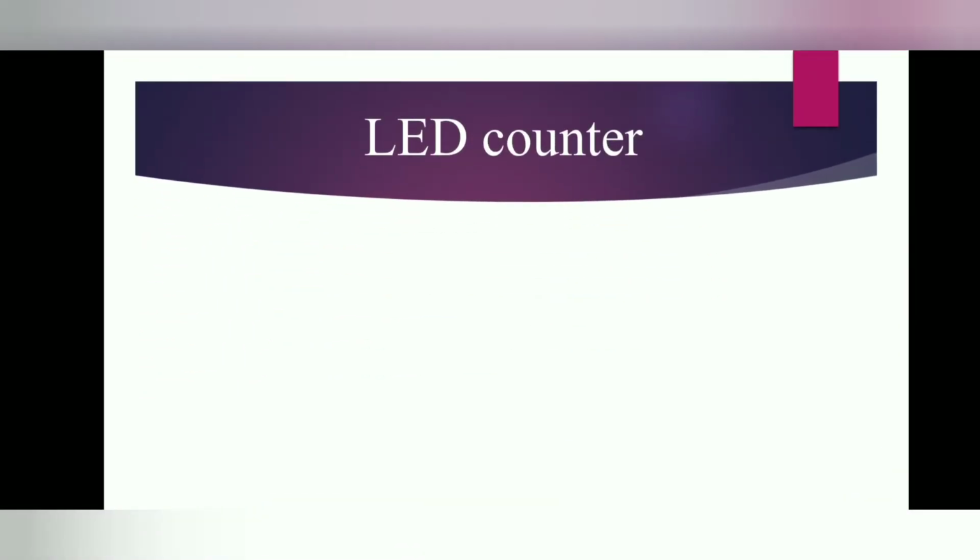In this example, we are going to cover the LED counter with and without the help of the interrupts. First we will see, without the help of the interrupt, how the source code looks, and we will explain each and every part of the source code. Further, we will modify our source code by initializing some interrupts and some functions to our existing code.